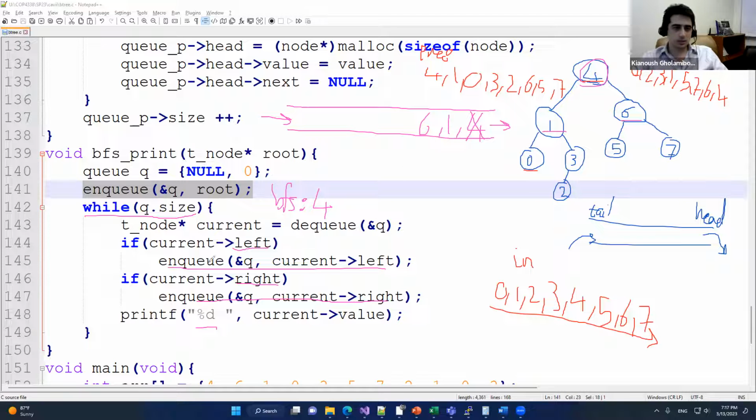I have 1 and 6. So remove one element. We're going to remove 1. Insert the children of 1. So we're going to insert 0 and 3 into the queue, and print 1 on the screen. Okay, print 1. That's the next element that has to be printed. In the next iteration, 6 is going to be the head, so we're going to remove it. We're going to print it eventually, and the children, which are 5 and 7, will be inserted to